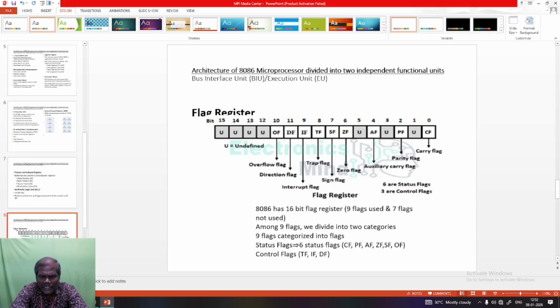Then there are another three flags: TF, trap flag; IF, interrupt flag; and DF, direction flag. These 3 more flags are used for processing purposes.